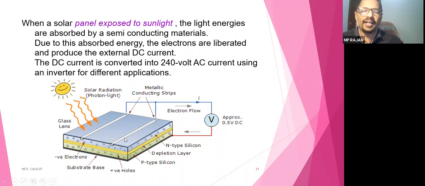So electrons are being collected through this wire. You can see the white tip. This is made of maybe aluminum, copper, or silver. The most conducting material is silver, so depending on that, the cost of the solar cell also varies, and easily these electrons can flow through. So the electrons are collected, going and reaching, again getting combined. Unless the sunlight is there, the formation of new holes, electron flow, and recombination is continuously happening.